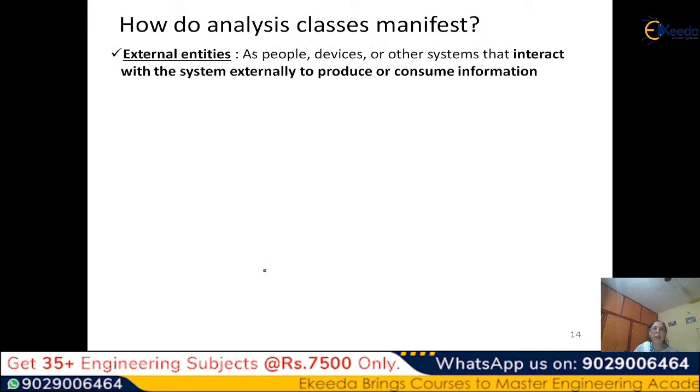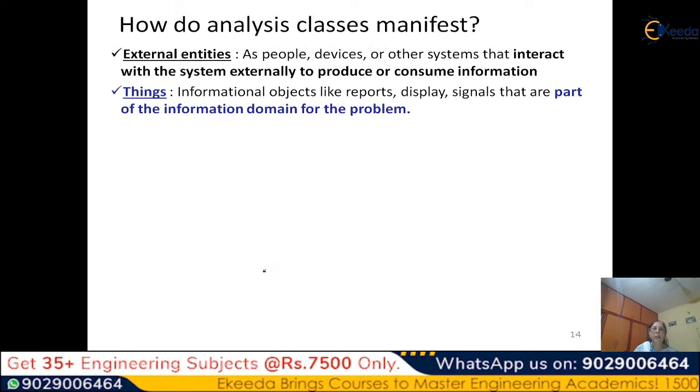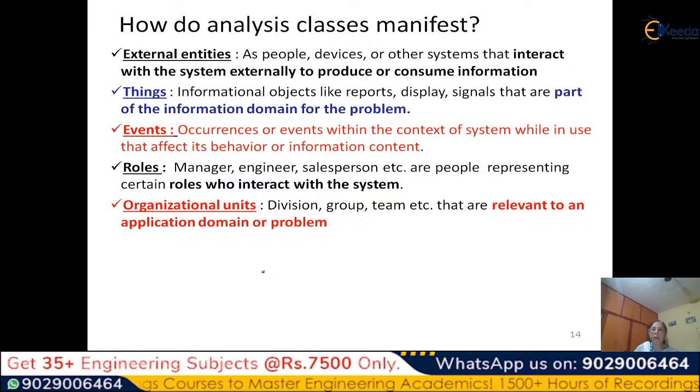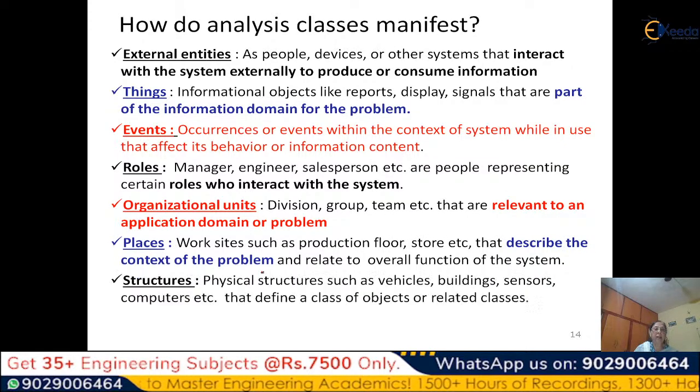When we read this, whenever we do the CRC method or when we do the grammatical method, we need to have some idea how these classes manifest themselves in real life. Because we said that classes are more like real life. So how do they manifest? Sometimes they manifest like external entities,